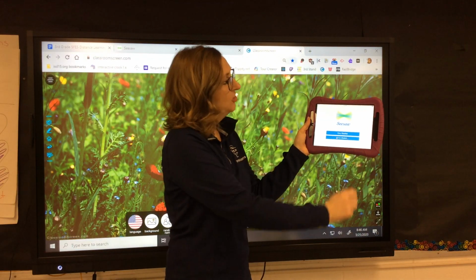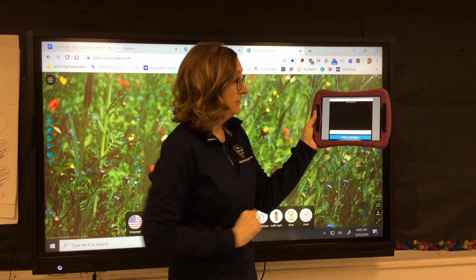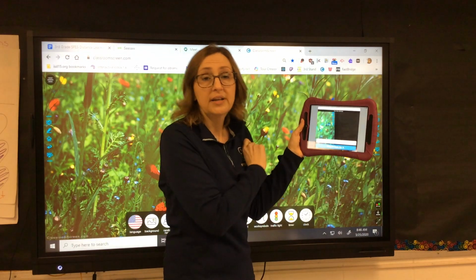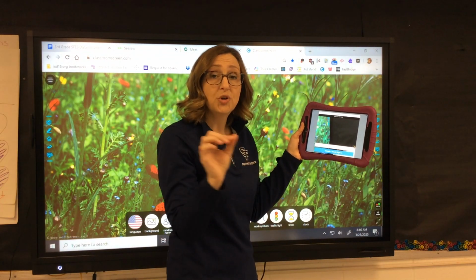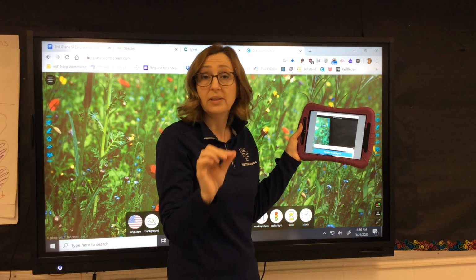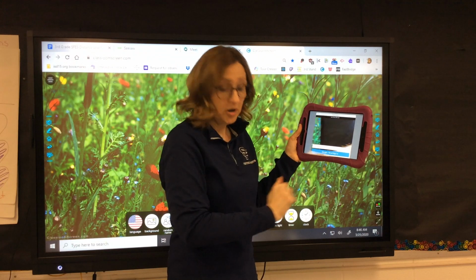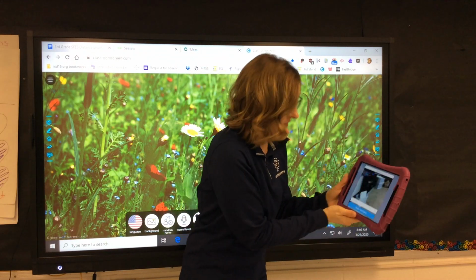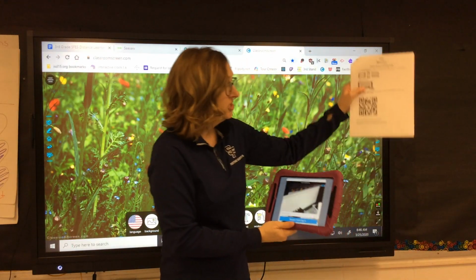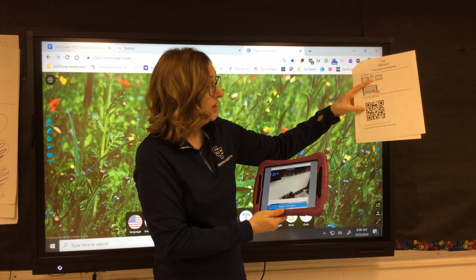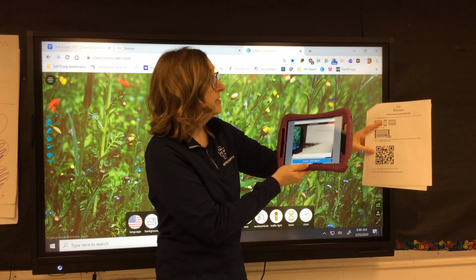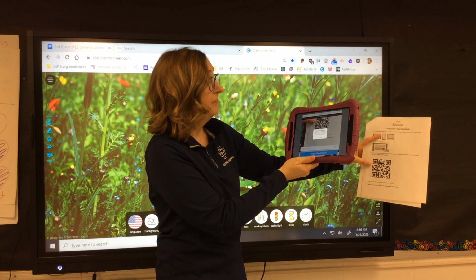Then you're going to hit I'm a student. Now, you're going to want to give it access to your camera and microphone, and you allow those accesses. And then it can scan the QR code. On each individual kid's sheet, there is a QR code, and you can scan that in.